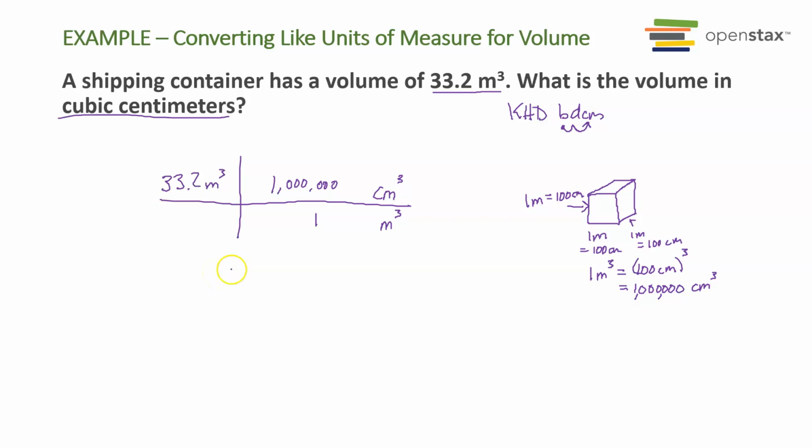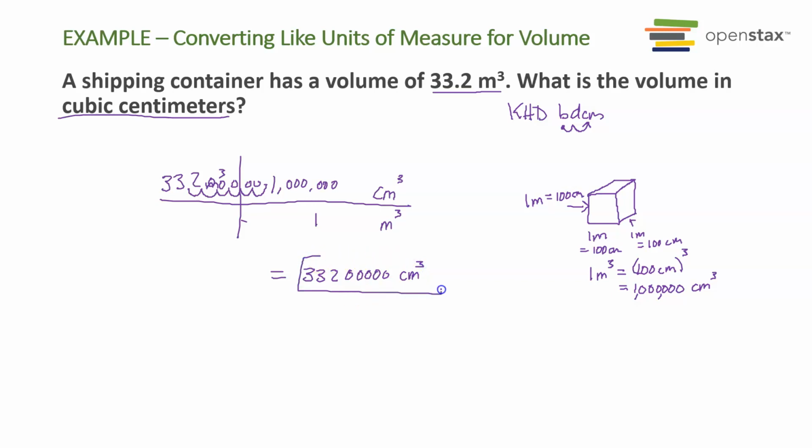And so that is going to equal, when we multiply, 3, 3, 2, and then 6 zeros. So 1, 2, 3, 4, 5, 6. Yep. So that should be our